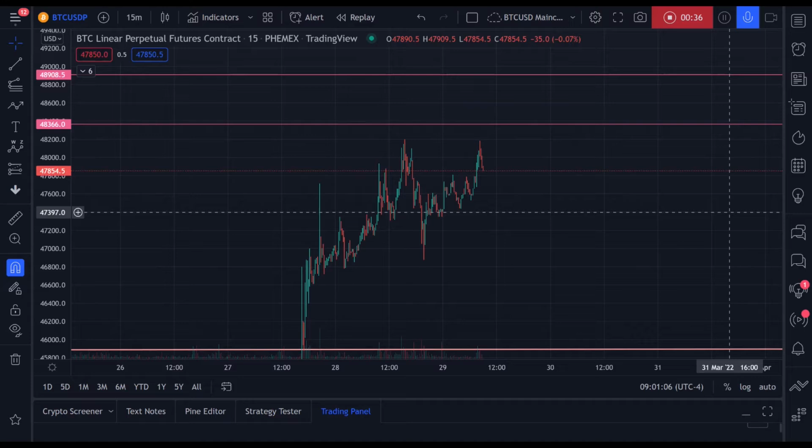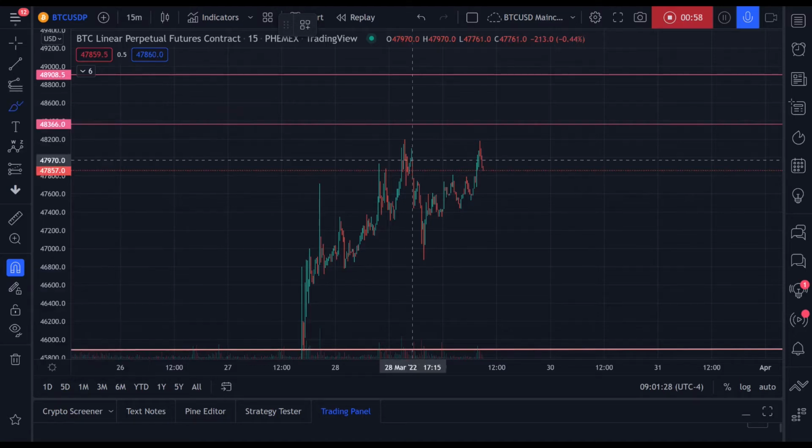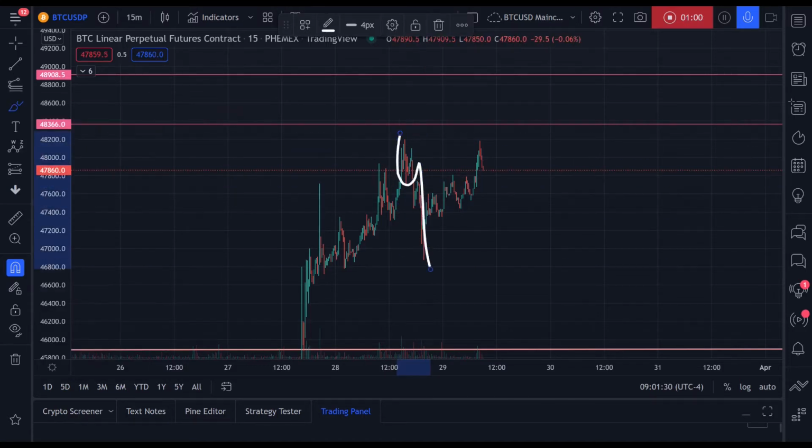All right, so we have this one right here, and the phi ratio basically is the 1.618 Fibonacci retracement level, and that, for those of you who do not know, represents the maximum retracement of a B wave, meaning a counter trend. All right, so essentially what I'm looking to do is get in a short, and the way I'm looking